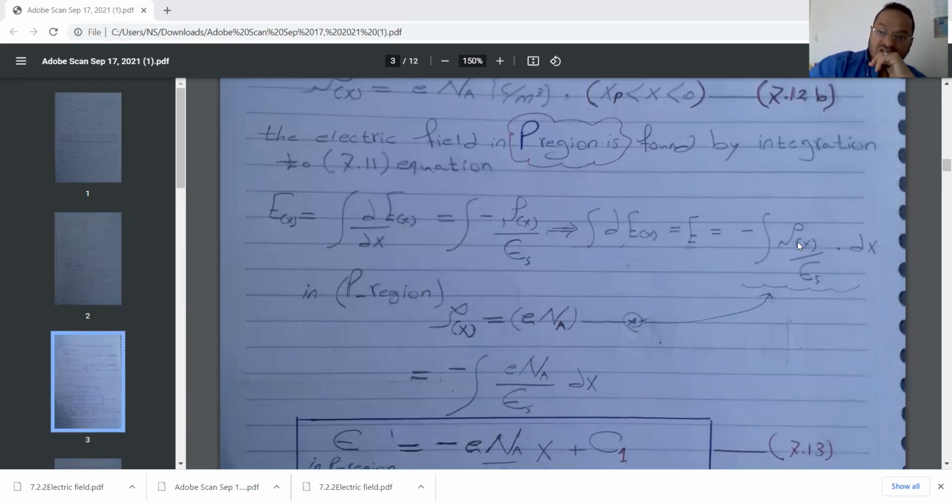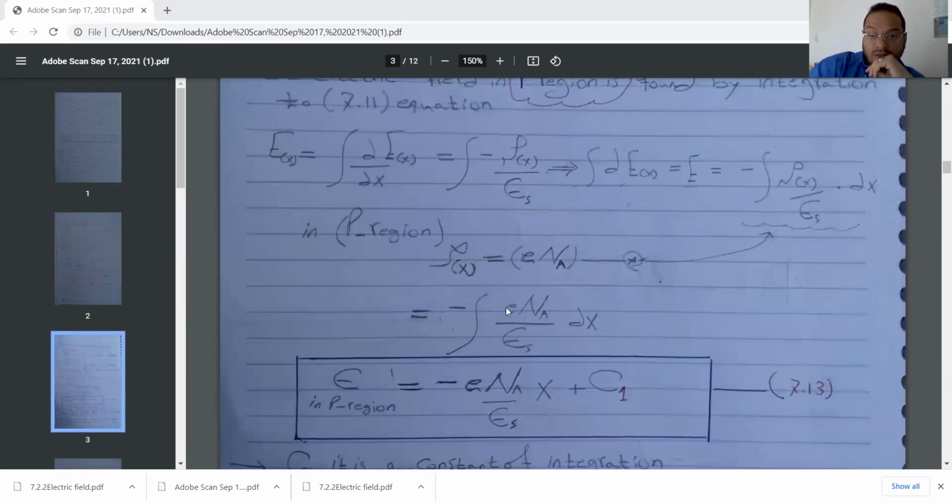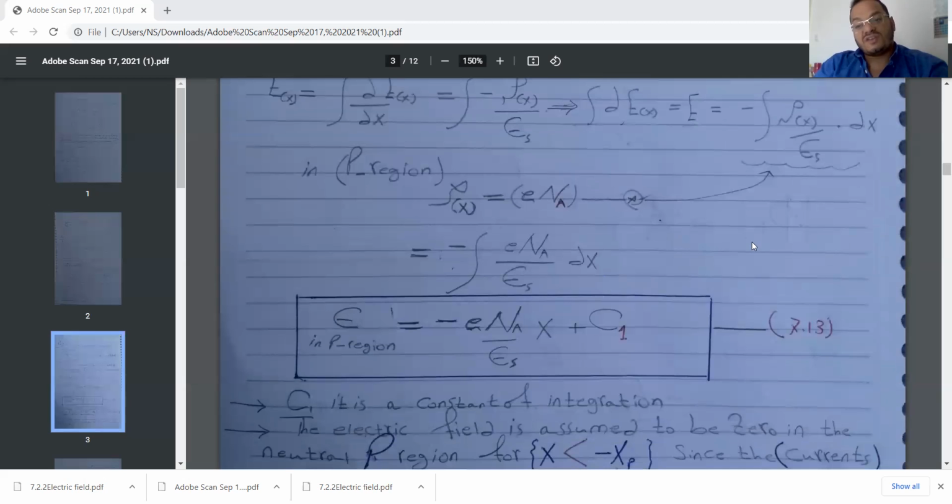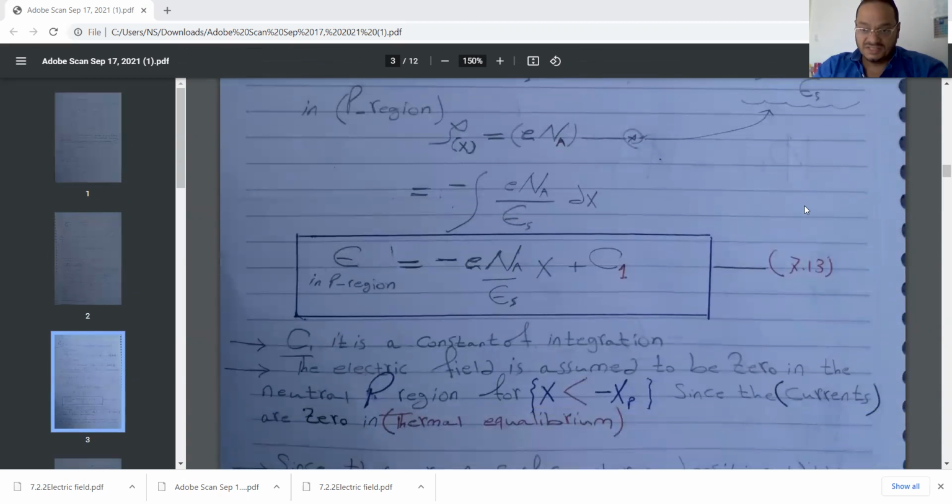After that, we will put in the result of the volume charge at the p side, and calculate this equation again. That means minus the integral of the acceptor concentration divided by the permittivity dx. Here, equation 7.13 will be the electric field in the p region, equal to minus